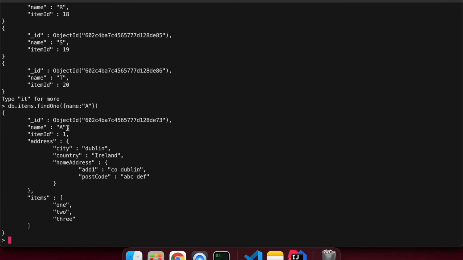Suppose if we want to go one more level to search this data, right? So generally how can we say, suppose I want to search where address city is Dublin, right? So give me the data. So this is my top level attribute, right? If we go one more level down, so generally we say name dot city, right? So small letter, sorry.